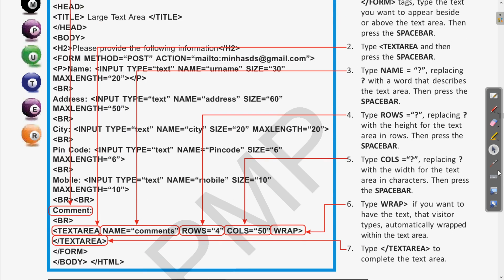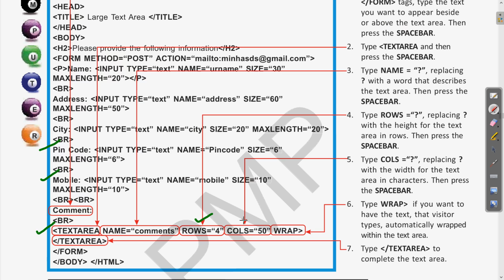Here you can see, after all of these, pin code, mobile number and the other information, we have used the text area attribute, and in the text area you can see we have specified the rows and columns.